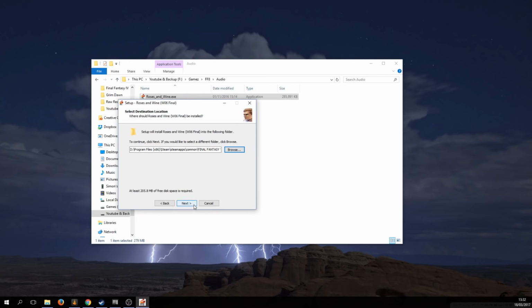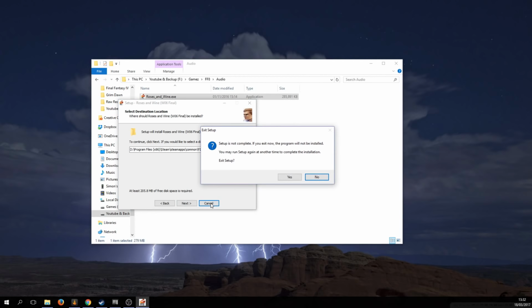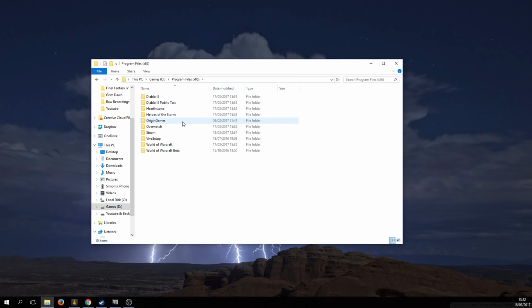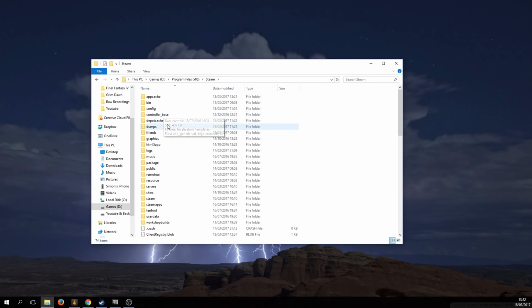Then when you click next, it's going to install everything for you. And you might want to make a backup of your original files before you do so. I'm not going to run setup because I've already installed the soundtrack. But if you want to make a backup of the original game music before you go ahead and install, as a matter of fact, I think it might do this for you, but just to be on the safe side